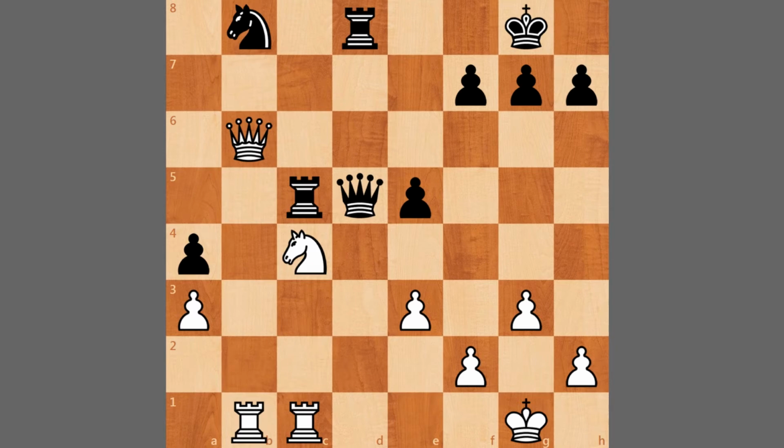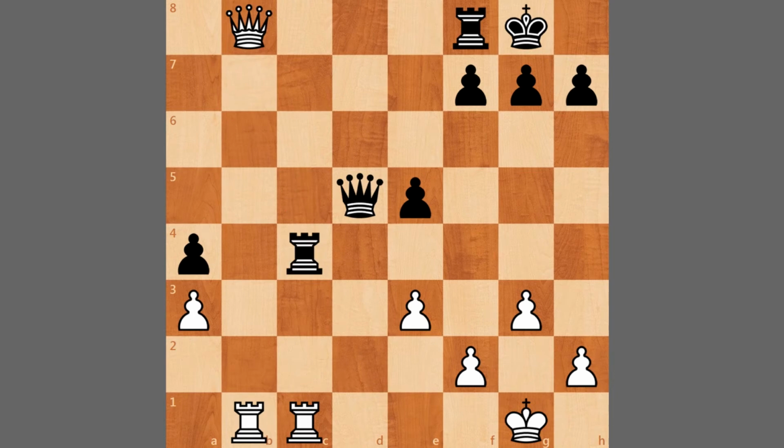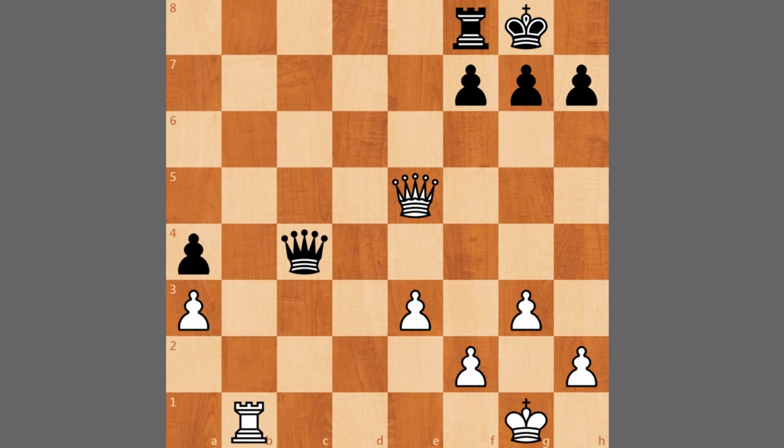back rank weaknesses. The threat is simply to play queen takes b8, and the best defense would be to play rook to f8 for Black, and here it would probably go something like queen takes b8, rook takes c4, after capture, and here simply queen takes e5, White is up a pawn, but well, Black can still hope to hold this, but it will be quite difficult. But instead,